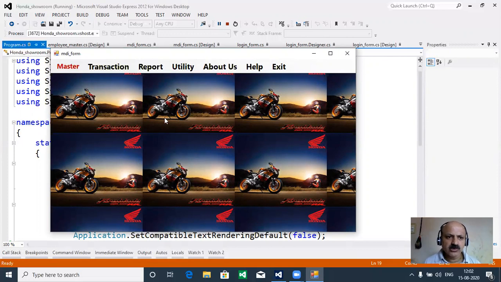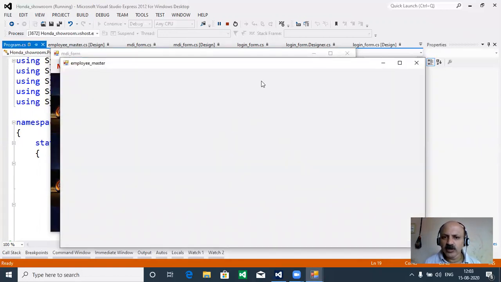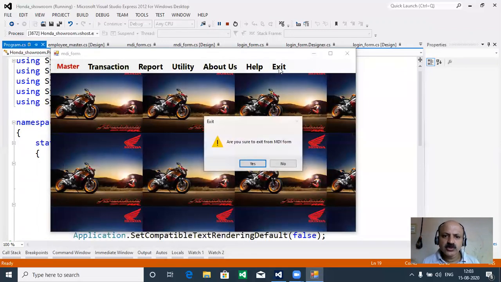So yes, that also looks better. And also we can open here, we take only one, you can do the same coding here for Employee. And in my next video I will take this MDI design, that Master, Employee Master design, and then we have to start coding. For one master page I will give the idea of coding from A to Z, like insert, update, delete, search, all operations in the DataGridView. And then we can take transactions, take one form, and then we can take reports. So you can prepare the whole project yourself very easily. Okay, so that is also better.